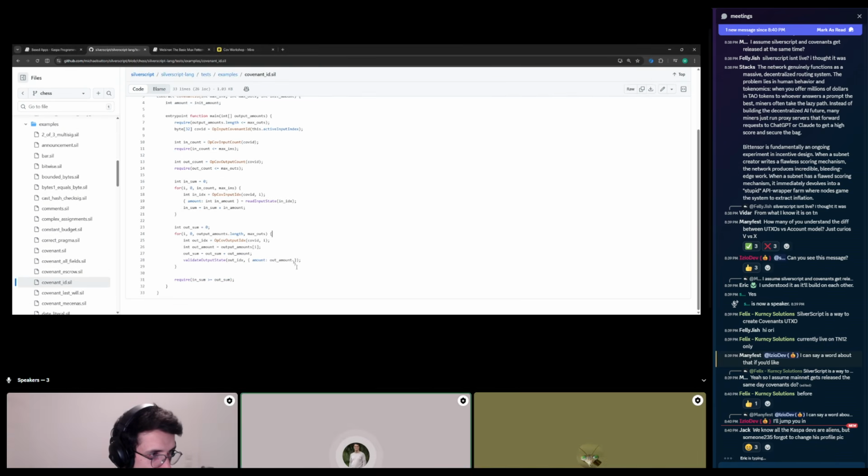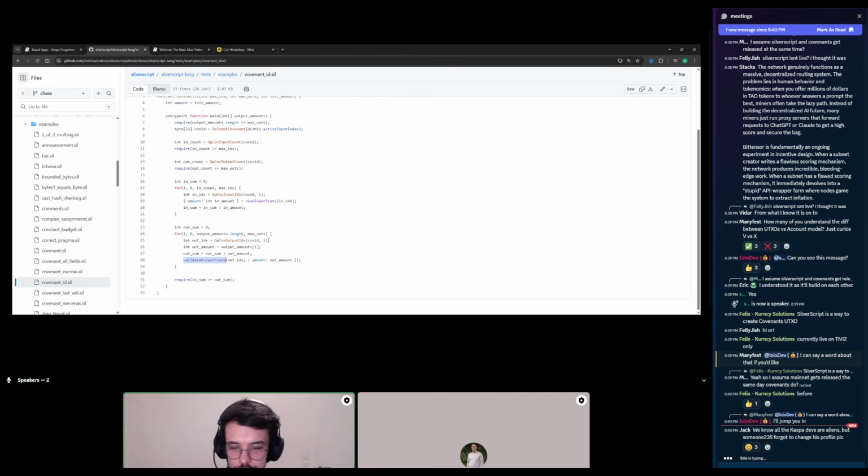The hidden pieces here are, so Izio, you know the role of validateOutputState? I think I do. Let me try to explain what it does. ValidateOutputState verifies that the transition to the next state is correct.